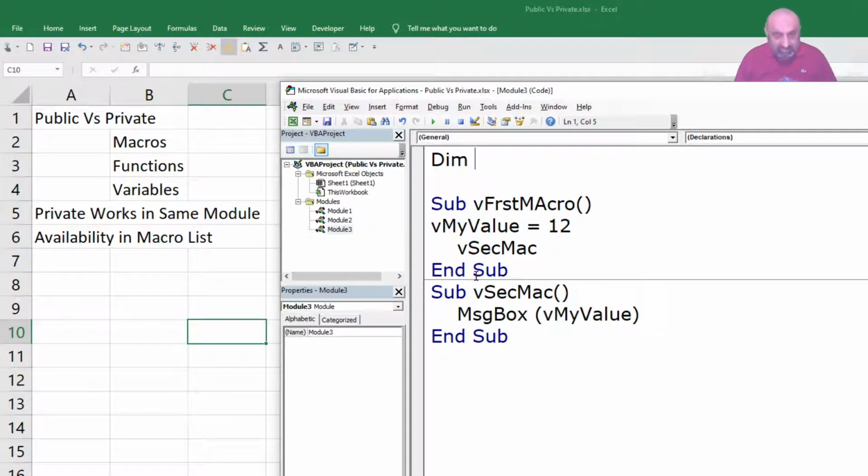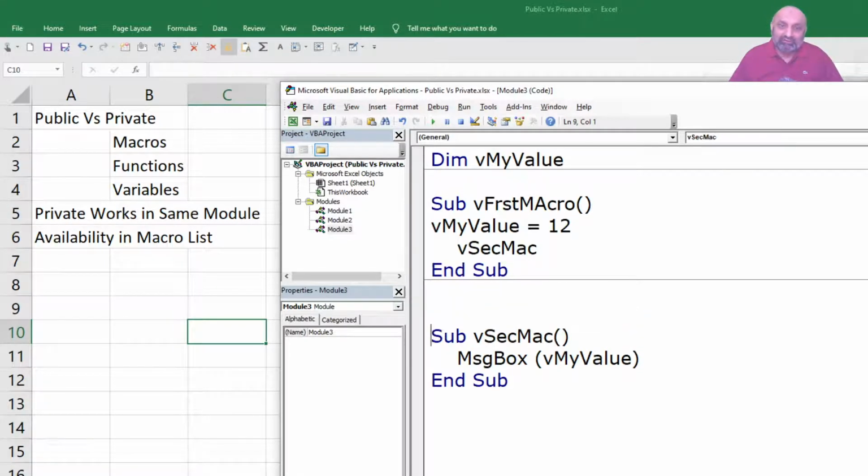Dim v my value. So this is the declaration, and that's it. I have declared a variable, and this is global. This can be used in the first macro, and this can be used in the second macro. So the benefit is whenever a value is assigned to v my value, that value is retained.